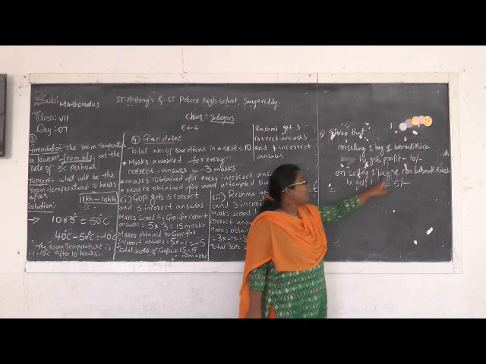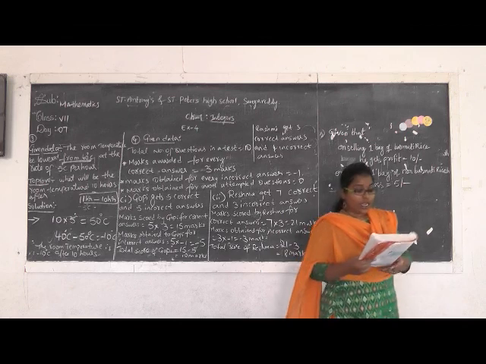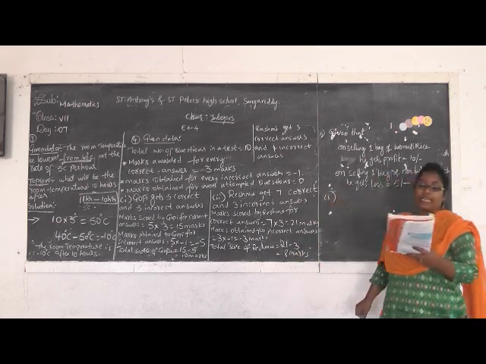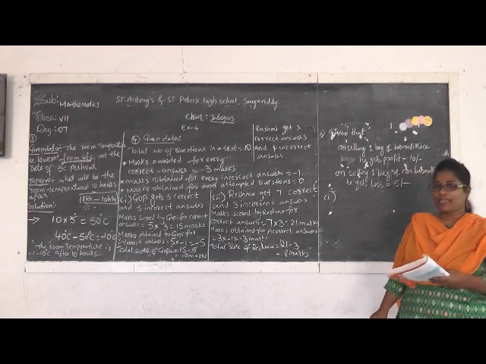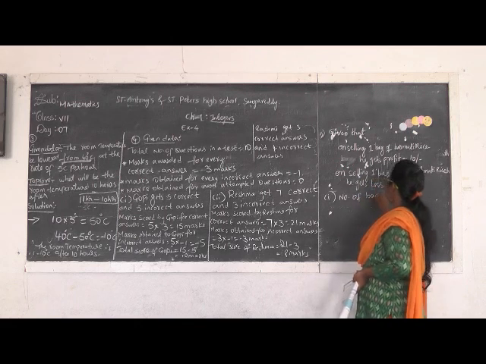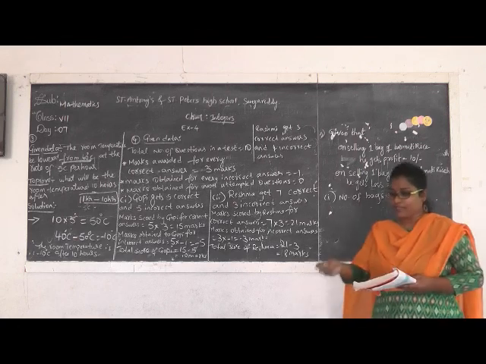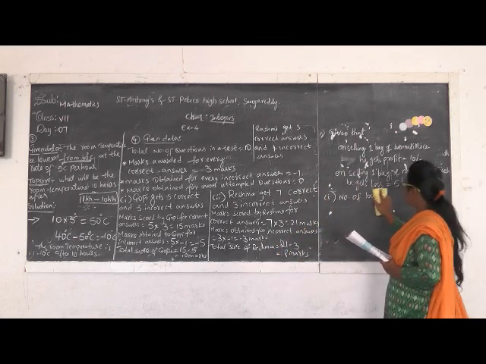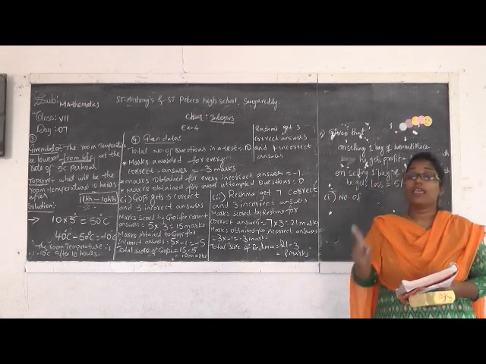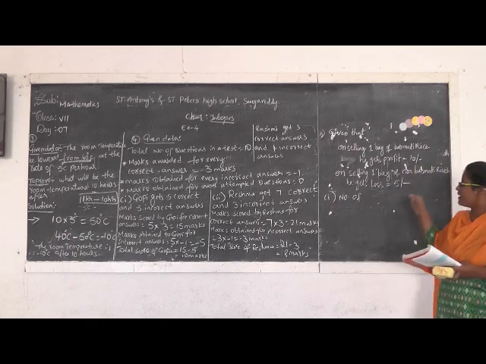If he sold one bag of non-basmati rice, he used to get 5 rupees loss. Now, what we have to find, if he sells 3000 bags of basmati rice bags. Here there are 2 qualities of rice, one is basmati, one is non-basmati. If he sold basmati rice, he will get profit. If he sold non-basmati rice, he will get loss.